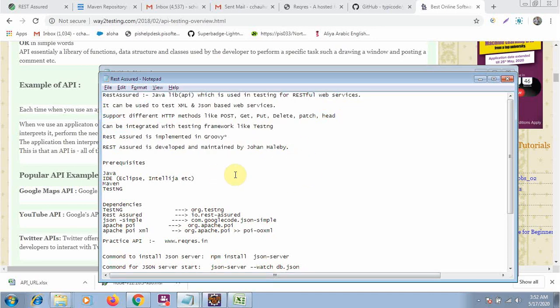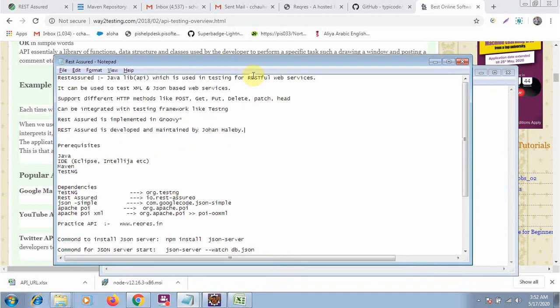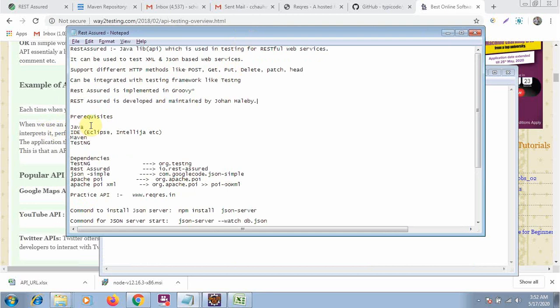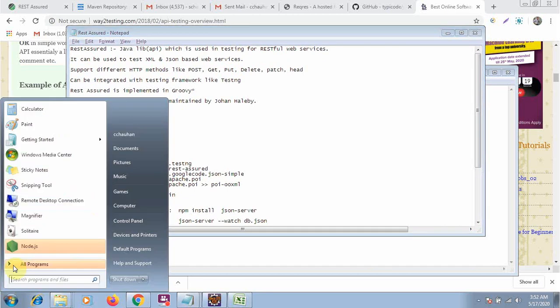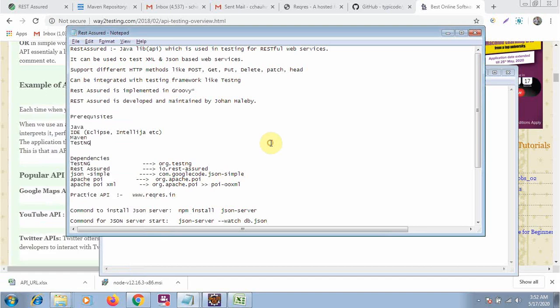Whatever we are doing with manual testing in the API, putting in our request and checking the response using Postman or some other tool, the same thing we will do using the Eclipse editor, and we will be automating the whole thing. So what are the prerequisites? Your system must have Java installed and the path should be set.